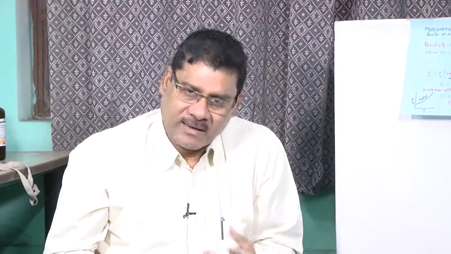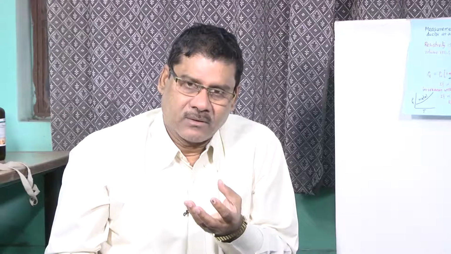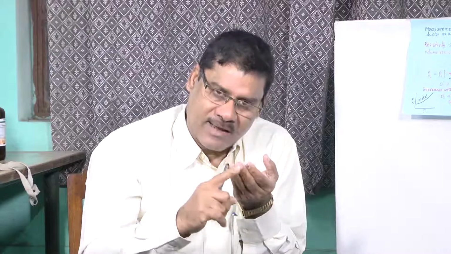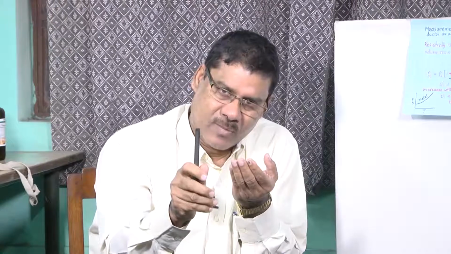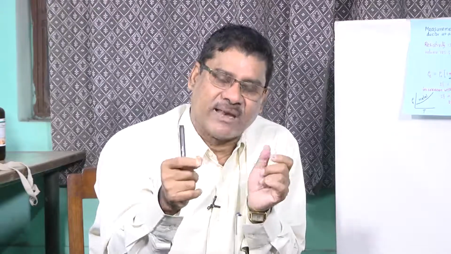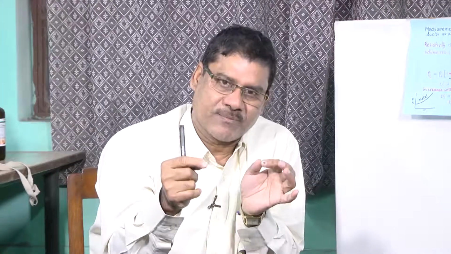So, reason is that the metal have the free electrons. Okay. So, carriers are available in the metal. Now, when we apply voltage, the carriers will move. Now, when it is moving, carrier will move in a particular direction. Okay. In which direction? The direction of the electric field, direction of the applied voltage.